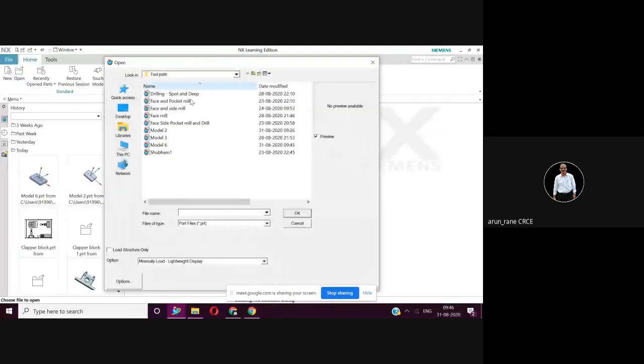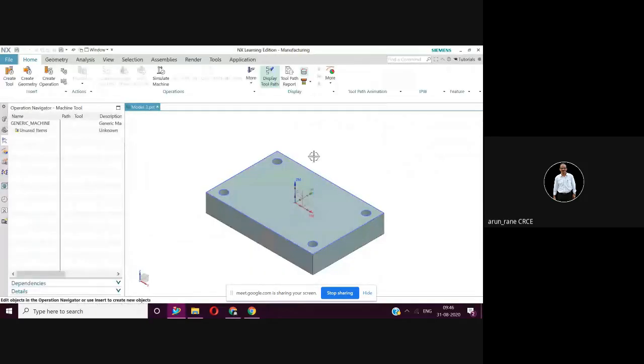See, you browse. You have the path option that you know very well. Again, okay, you have a preview here. You can see the preview. Okay, now this is drilling. So drill diameter is 20. I just showed you. Again, if you want to see, you can go from Application, go to Modeling, and there you can see.